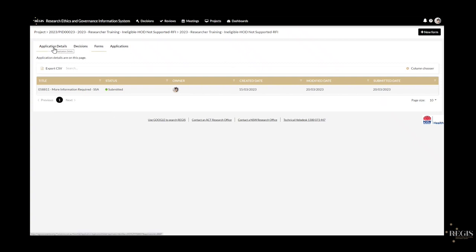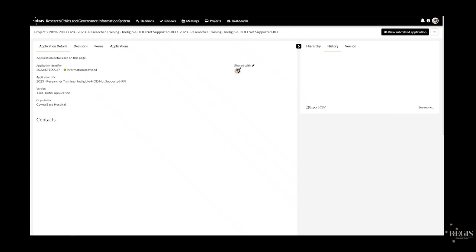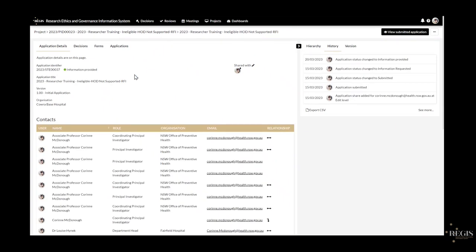I'm just going to pop to application details and I'll just show you information provided. So the status updates, even though we just had a form to complete, the status will update because the form is linked to your application. So once you submit that more information required form, it'll automatically update the status of this application as well. So really nice and easy there. You don't have to do anything further. The application is linked. It's all back with the research office. They can see that this has come back as information provided. So there's been a request that's been sent out and is now back